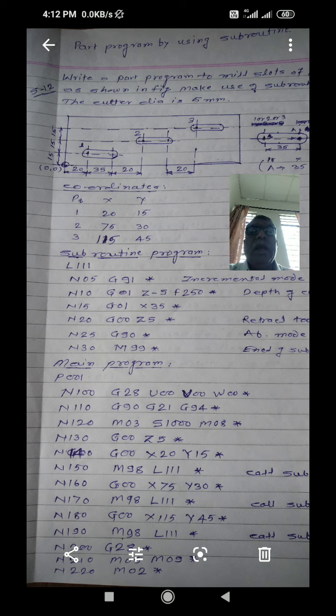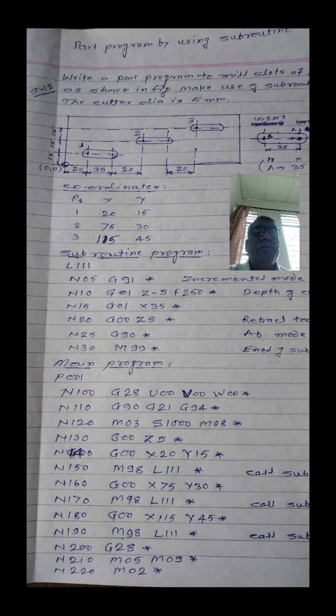When identical machining operations are to be performed repeatedly, the general method of forming a part program will be lengthy, time consuming, and will use more computer memory space.